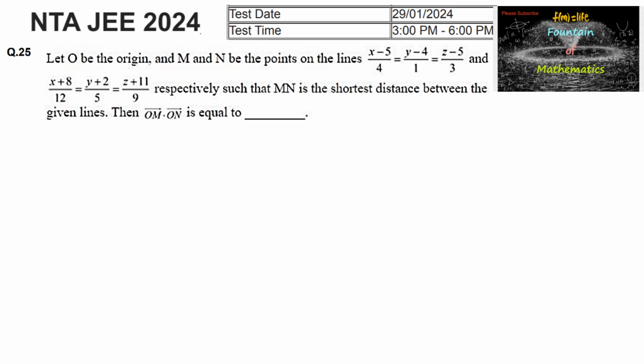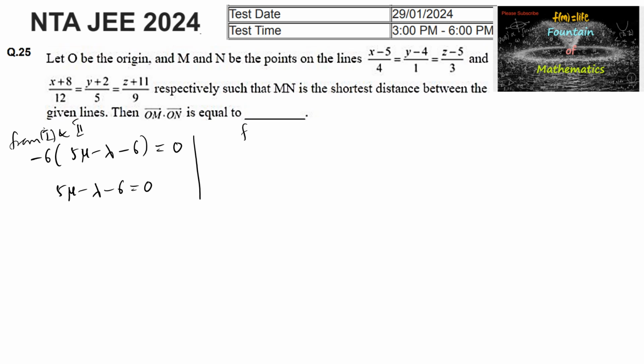By solving 1 and 2, we get minus 6 times (5 mu minus lambda minus 6) is equal to 0, or we can write 5 mu minus lambda minus 6 is equal to 0. And from 1 and 3, we can write here (12 mu minus 4 lambda minus 13) upon negative 6 is equal to (9 mu minus 3 lambda minus 16)